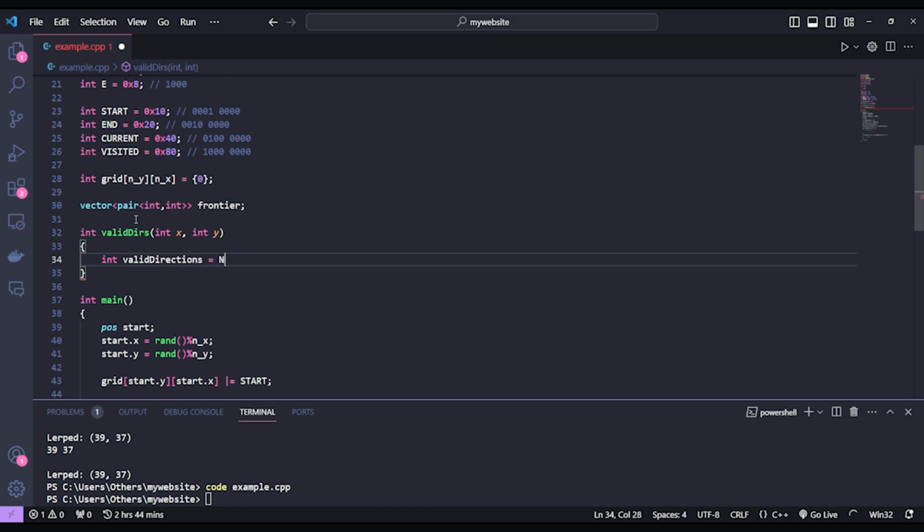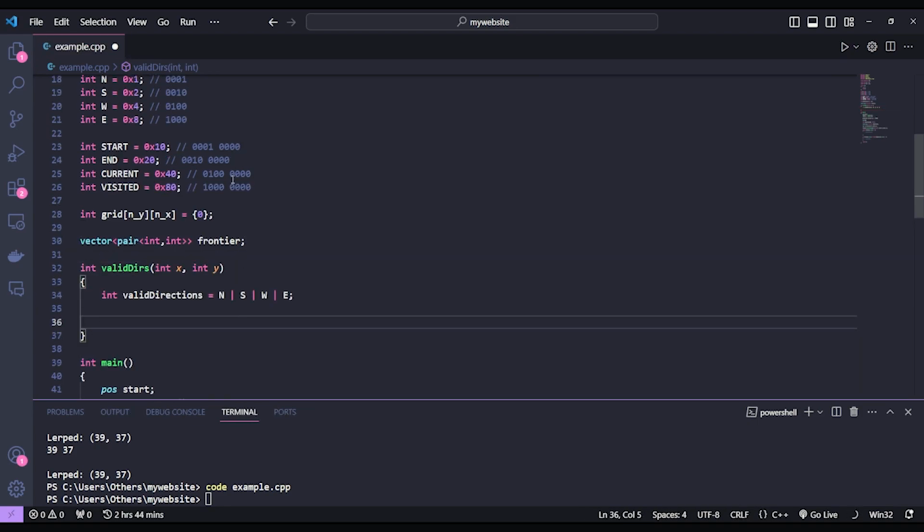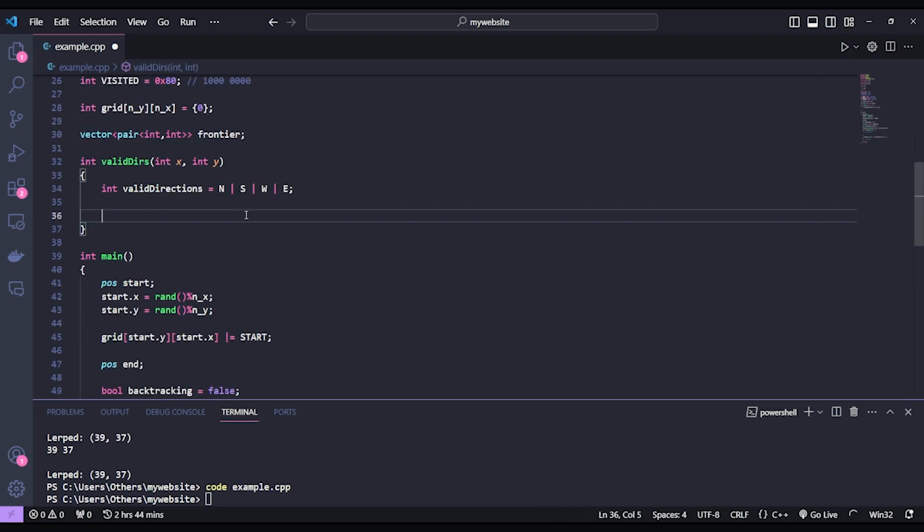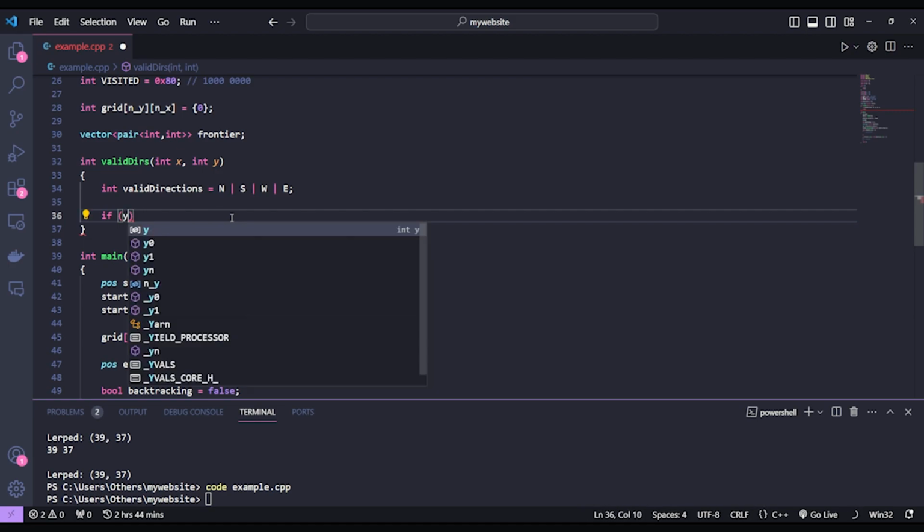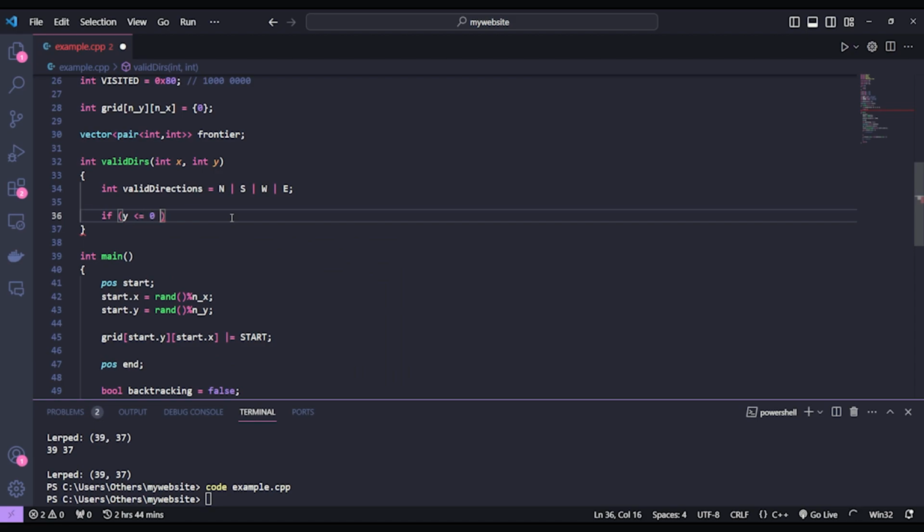Okay. I'm going to make a new variable. Valid directions equals north or south or west or east. So right now, all of these bits are set to 1 and nothing else. And then we're just going to set up the barrier conditions and all that. We don't want to be able to go to a block that we've previously been on. So what we'll say is, if y is less than or equal to 0 or grid[y minus 1][x] does not equal 0,